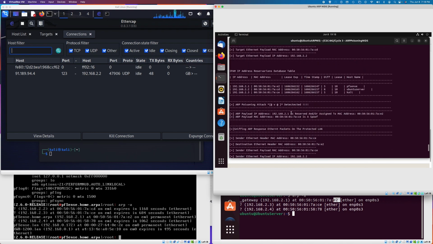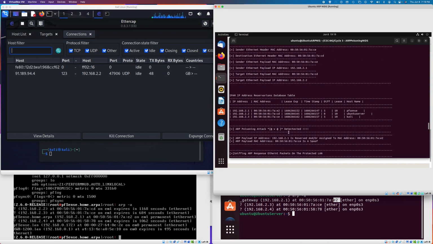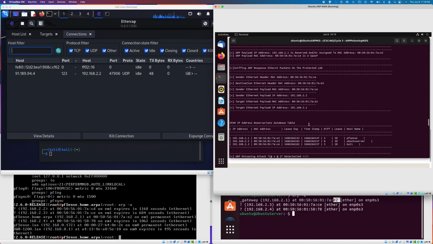Let's walk through it. On what I call the left-hand side of the man in the middle attack, the MAC address ending CE, which is Kali Linux, is telling the server that it is 2.1. That is not true. This MAC address is actually 2.3 based on this table. But it's trying to tell the server that it's 2.1. So the IDS engine detects that and says, hey, there's a poison attack happening. On the right-hand side of the man in the middle attack, I guess that was the left, this is the right,